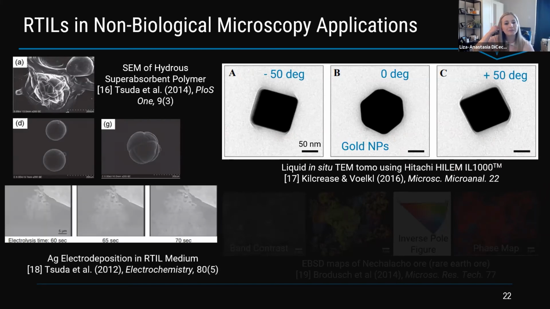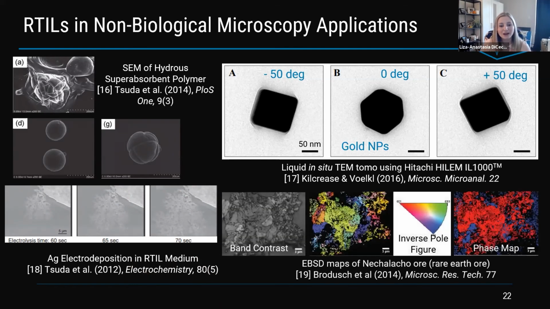A common non-biological application of ionic liquids in electron microscopy involves electrodeposition. Here they're looking at time points where silver nanoparticle clusters are growing in a custom electrochemistry setup. They had grooves that allowed them to put a charge through the system, but it was open to the environment, so they had their ionic liquid flowing through. That was really interesting to see, especially because a lot of ionic liquids are used in electrochemistry applications, so it makes sense to use them as a medium to observe some sort of reaction happening in situ in SEM.